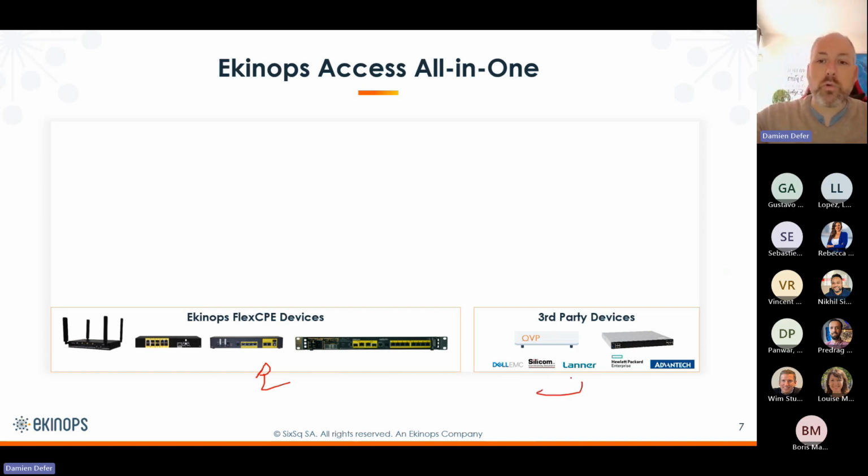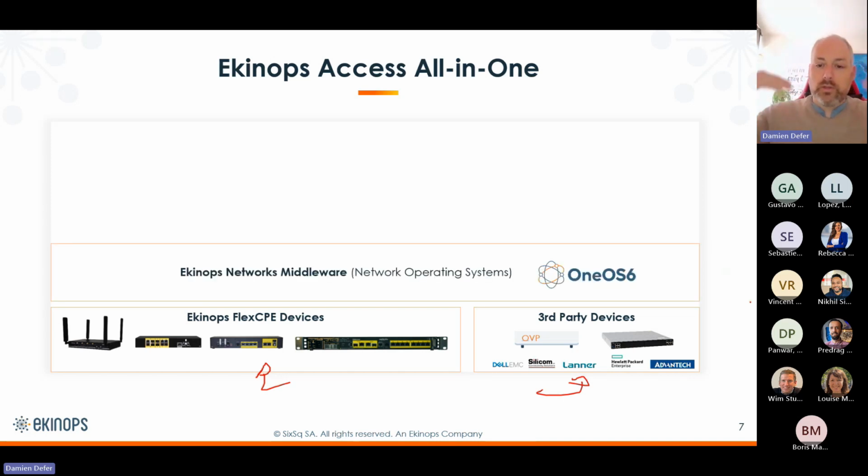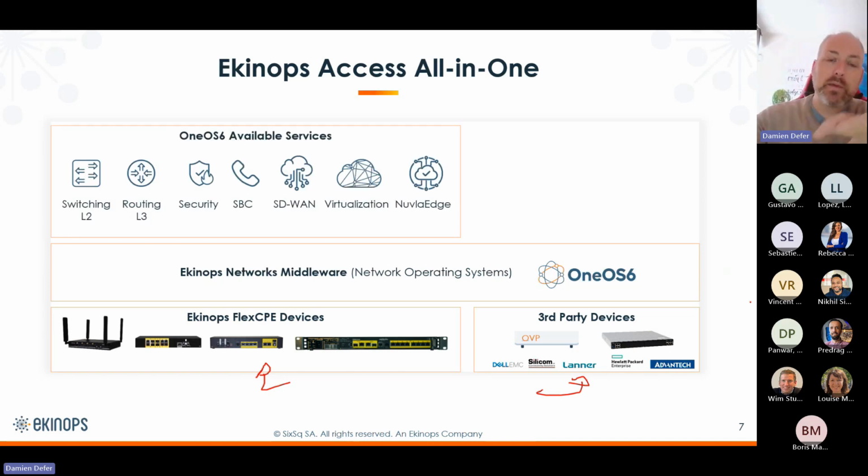But we can as well work with partners like Dell, HP, Advantech, and others to provide their own hardware to support the different solutions that are on top. On top of that, we install the One OS 6, which is the Equinox software, the operating system that is able to host physical or virtual